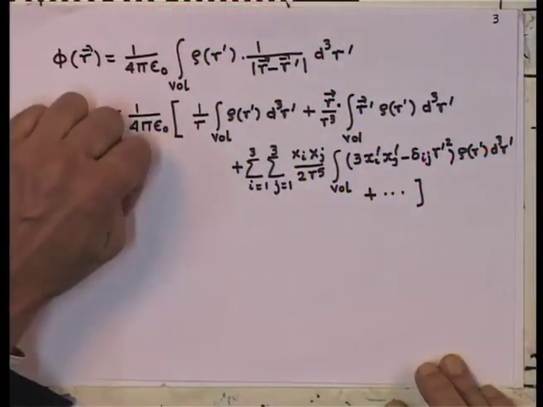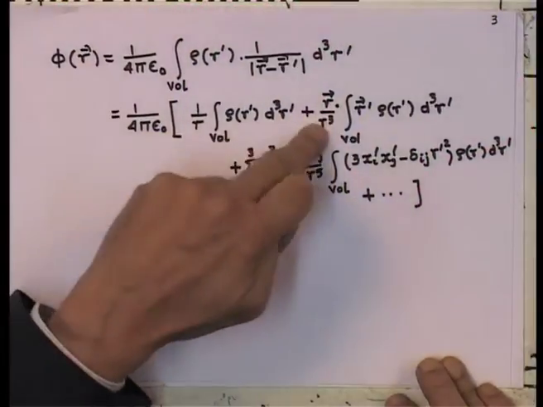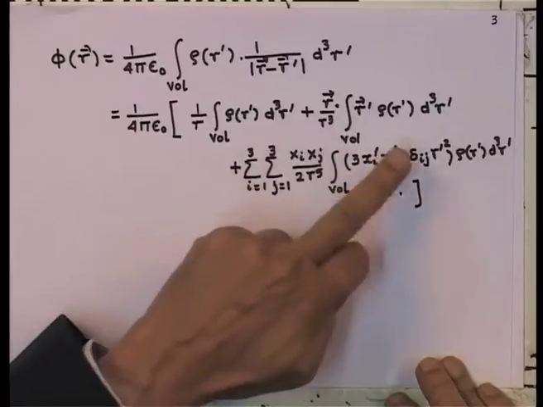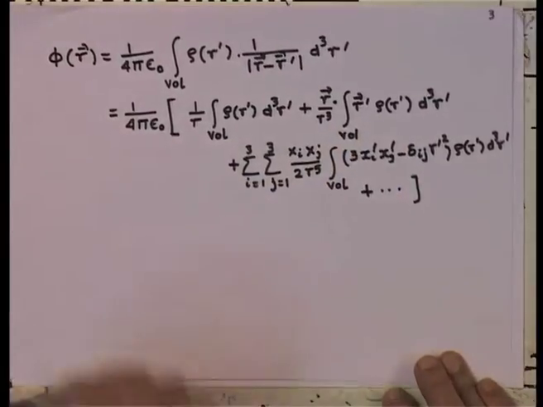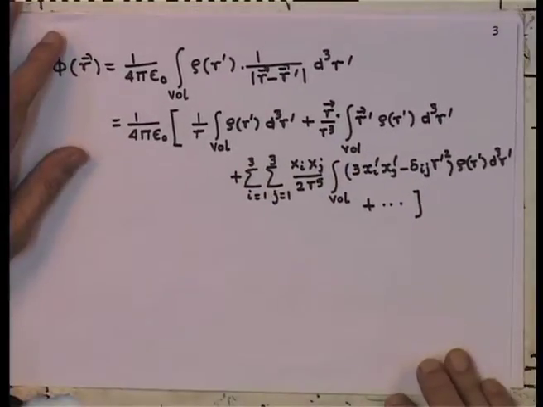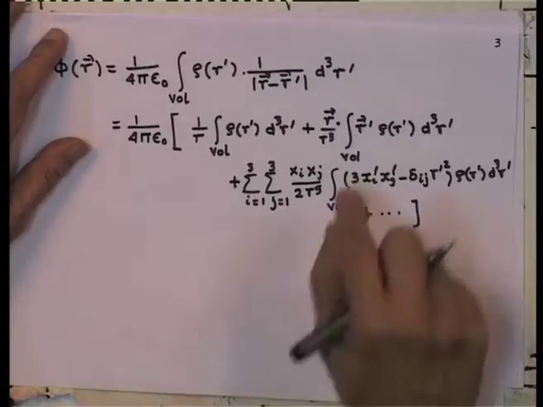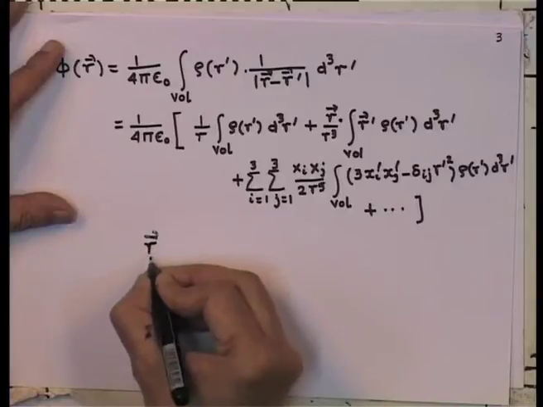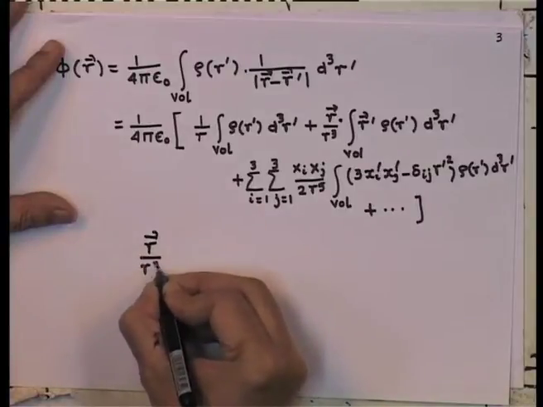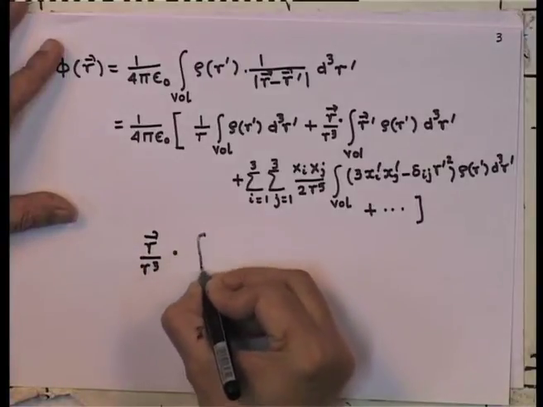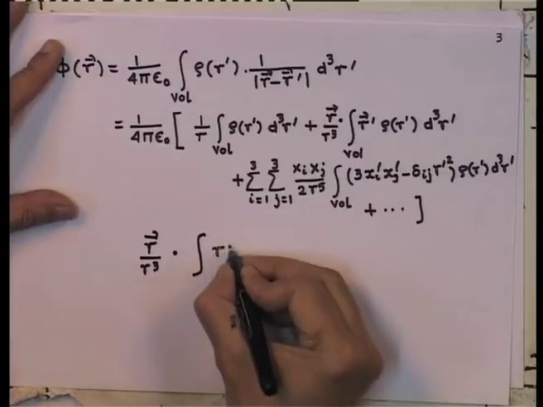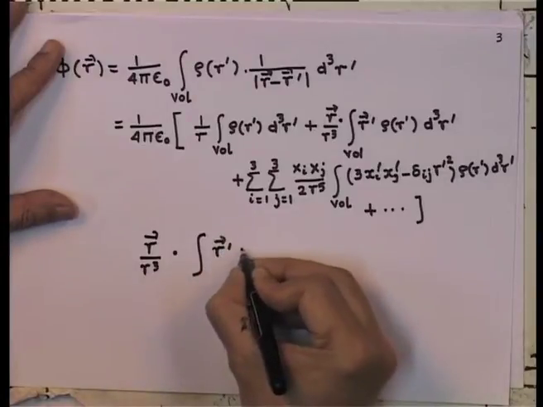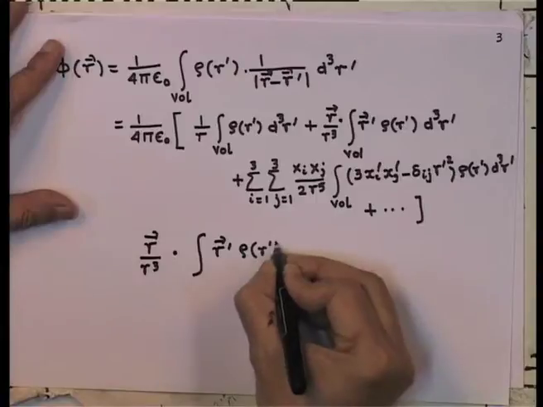Now, suppose the distances are large, but not that large. Then of course, I have to go to my next term. Now, let us look at what this next term is. The next term, if you notice, is r by r cube dotted with a quantity where I have got an integration r prime rho r prime d^3 r prime.